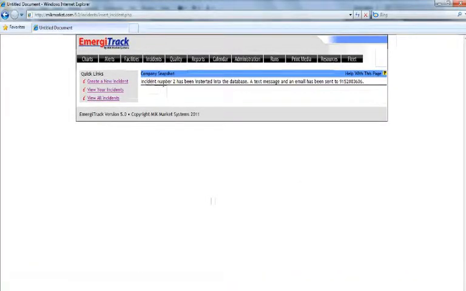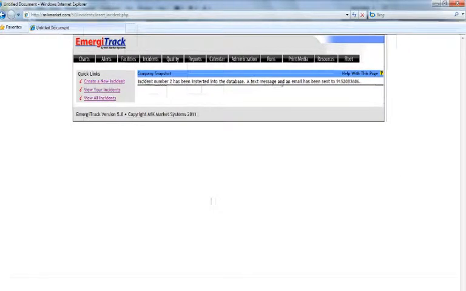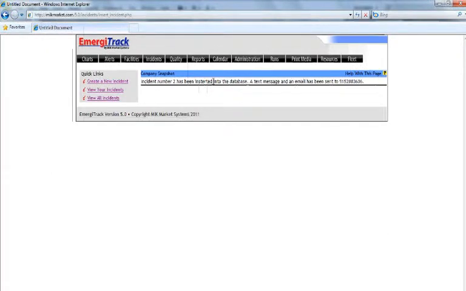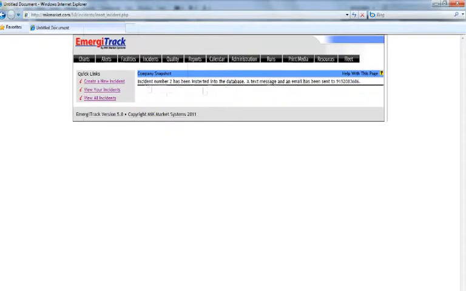As you can see, it says incident number 2 has been entered in the database. Obviously, this is going to be all demo data, so there's only 2 incidents in this. But it tells you incident 2 has been inserted in the database, and a text message and an email has been sent to 915-208-3606, which happens to be my phone number. So what I should get in the next few minutes is a